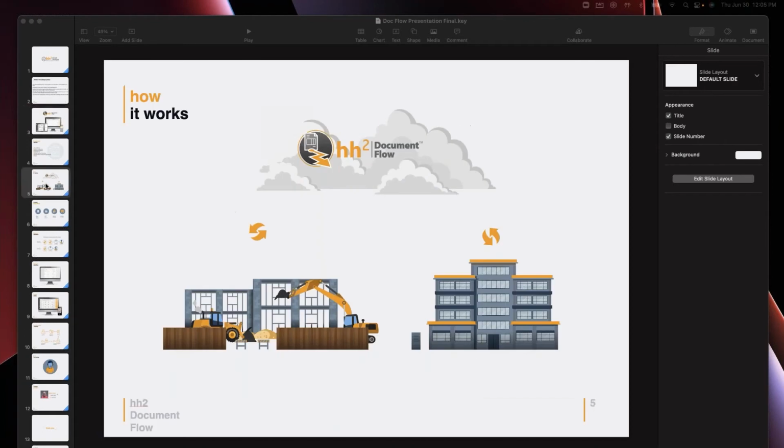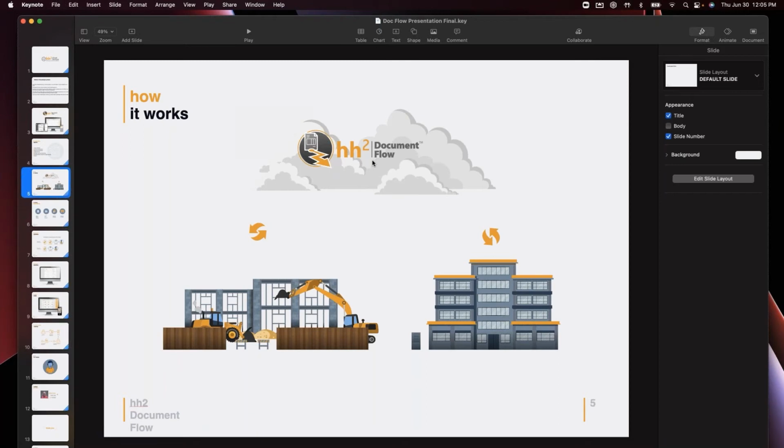Now, one key aspect with our product is to understand how we integrate. So it was mentioned that we integrate with some of these on-premise accounting systems. We also integrate with many of these cloud-based systems that you might have been evaluating, and maybe you have plans to move to those in the coming months or years. Well, HH2 can be used with both of those different options, but the integration works in a very similar way. We have integration direct with the accounting system, and we'll pretend like this building on the right here represents the accounting system. Maybe it's housed on the cloud or in-house, but we directly synchronize your data to our cloud platform, regardless of where it's hosted.